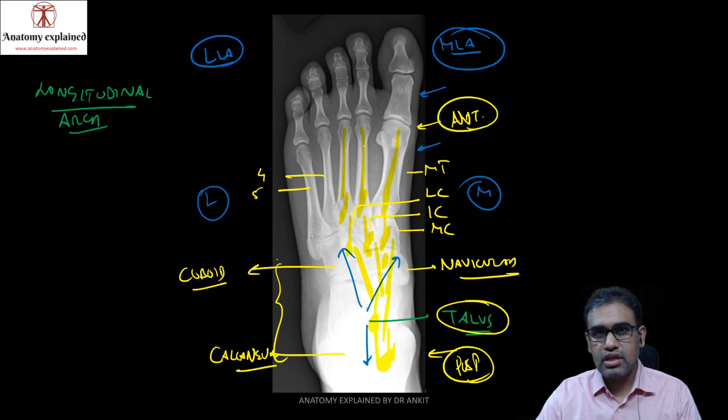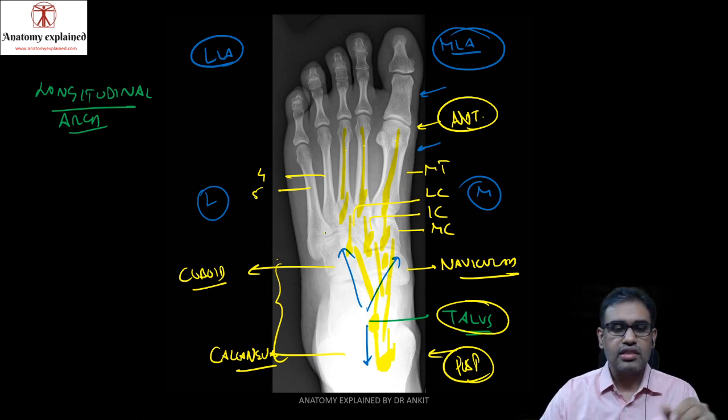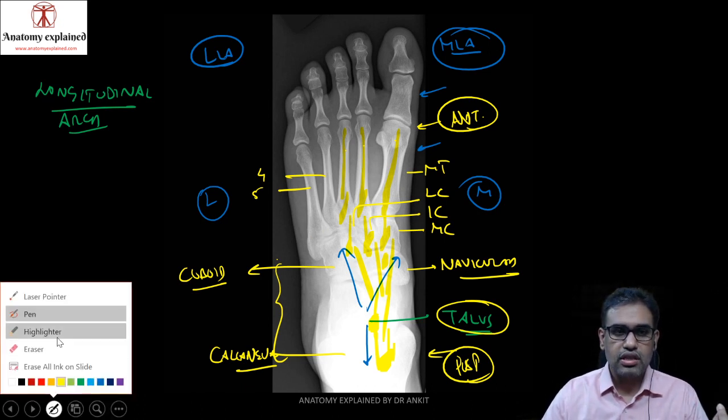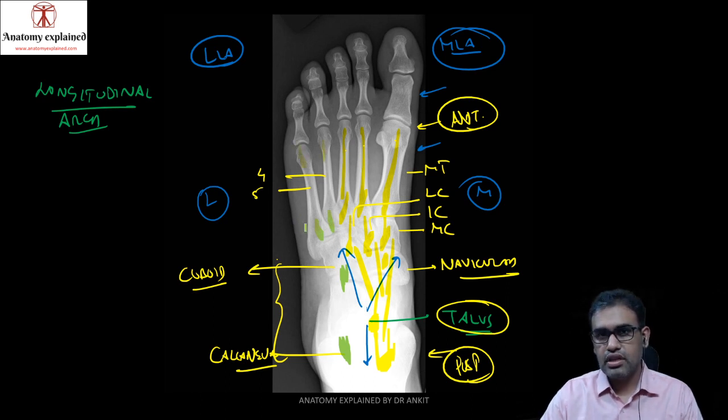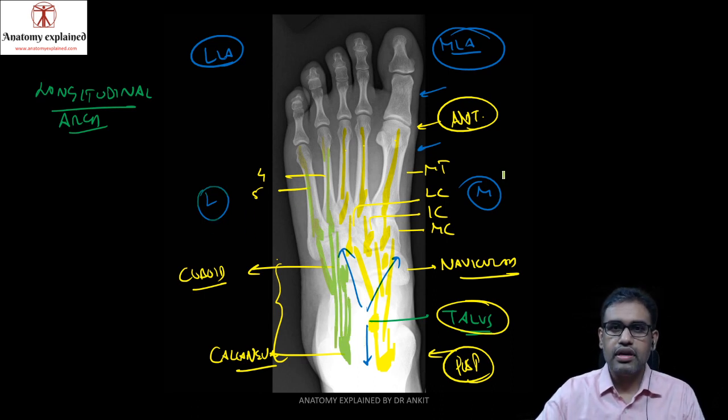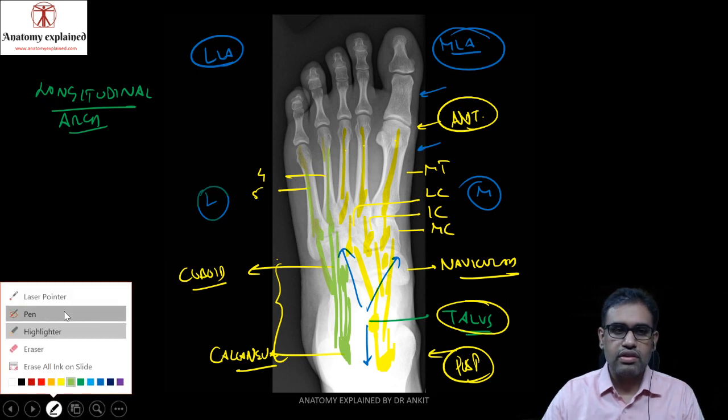So these are the bones of the foot. And this yellow highlighted zone represents the location of the medial longitudinal arch, or the bones involved in it. While the bones involved in the lateral longitudinal arch, if I show you with the green highlighted area, include the calcaneum, with the calcaneum anteriorly articulating with the cuboid. The cuboid articulates with the two metatarsals over here along with their heads. These are the ones actually forming the lateral longitudinal arch. But this is much less important compared to the medial longitudinal arch, so we'll confine ourselves to the medial longitudinal arch.